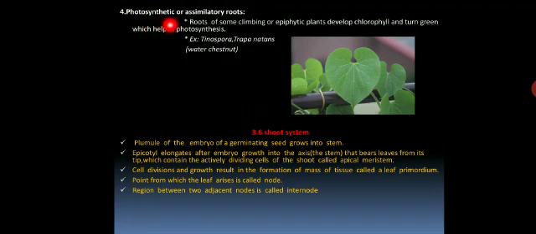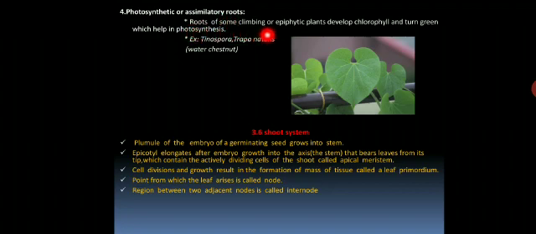The photosynthetic root is otherwise called the assimilatory root. Most roots are achlorophyllous in nature, but some roots with special functions have the capacity to contain chlorophyll. That type of root is called a photosynthetic root. With the help of photosynthesis, they produce their food. That food can be utilized by the root and other parts of the plant. Then only it is called assimilation.